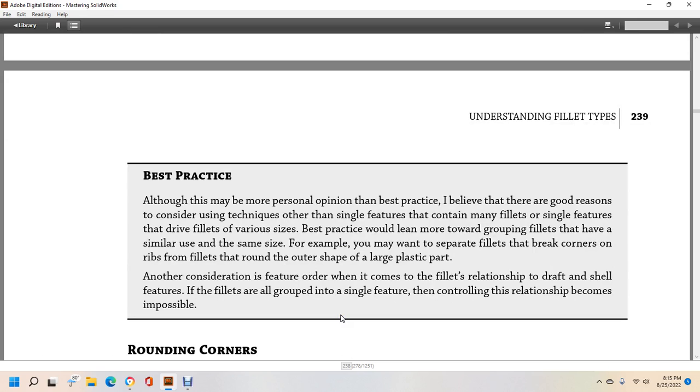Best practice. Although it may be personal opinion within best practice, I believe there are good reasons for conservative techniques, other than a single feature that contains many fillets and a single feature for driving fillets of various sizes. The best practice would be to lean more toward grouping fillets that have a similar use and the same size. For example, if you want a separate fillet to break the corners on the ribs, or the fillet round with the outer shape of the large plastic part, after consideration of feature order, which comes fillet relationship with the draft shell, with the fillets grouped in a single feature with the controlling relationship, which becomes